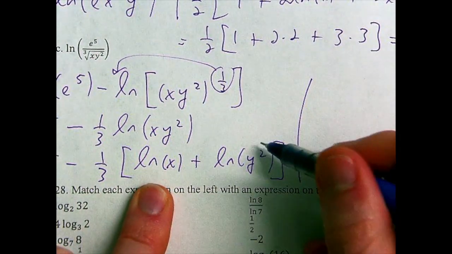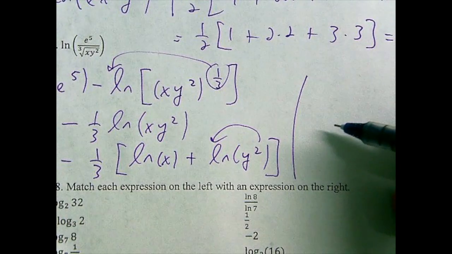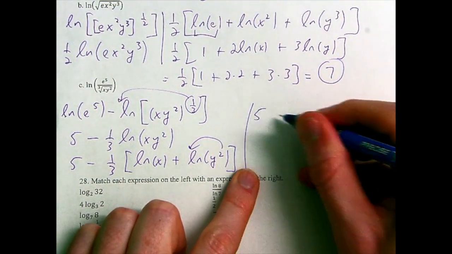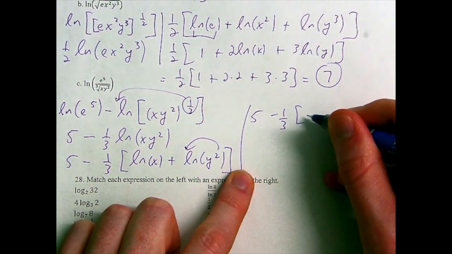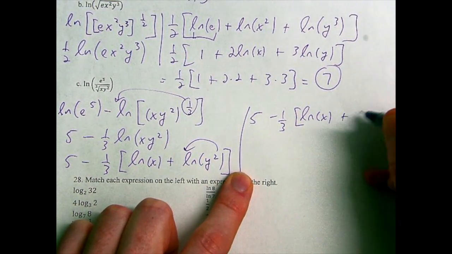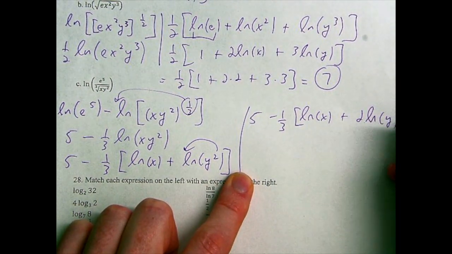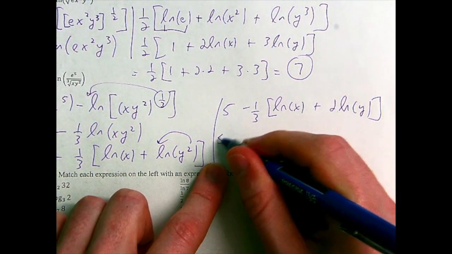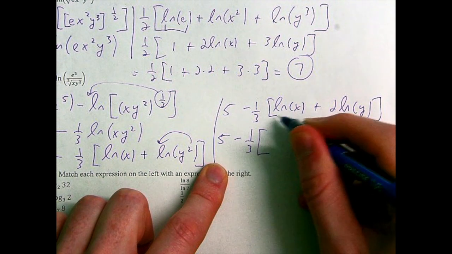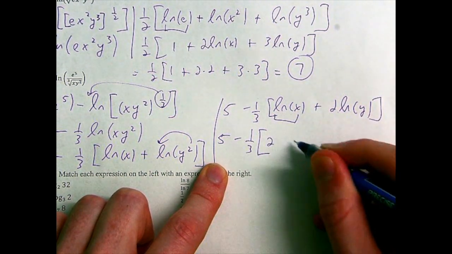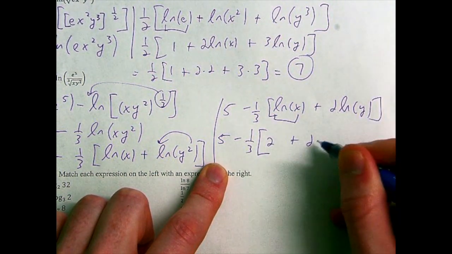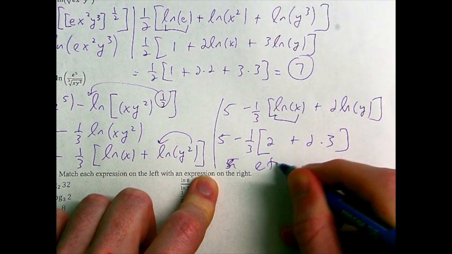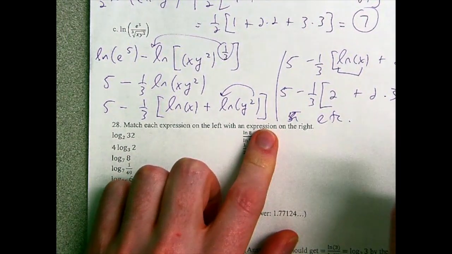The 2 can come down, so we have 5 minus 1/3 quantity natural log of x plus 2 natural log of y, and we now can replace each of these things. So natural log of x is 2 plus 2 times natural log of y, which we said was 3. So that's, whatever it is, who cares? It's just some arithmetic at this point. All right,